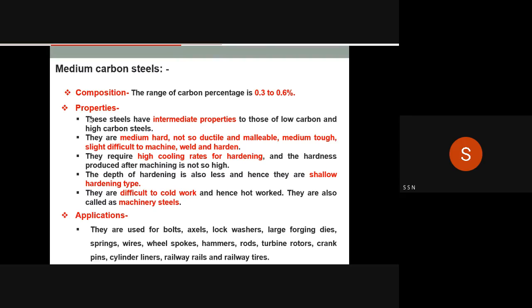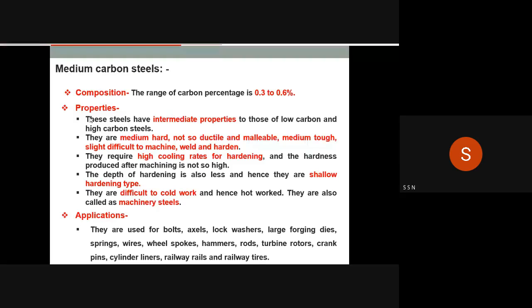And again, the hardness produced after hardening is not so high in this medium carbon steel. The depth of hardening is also less, hence they are shallow hardening type. They are difficult to cold work and hence